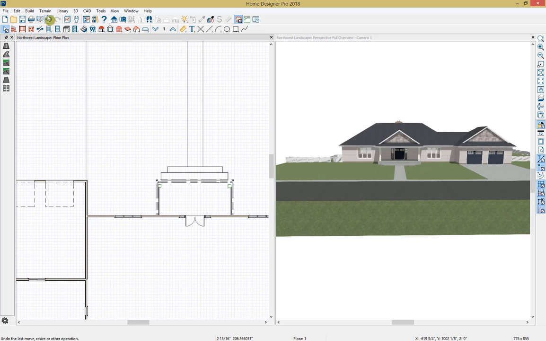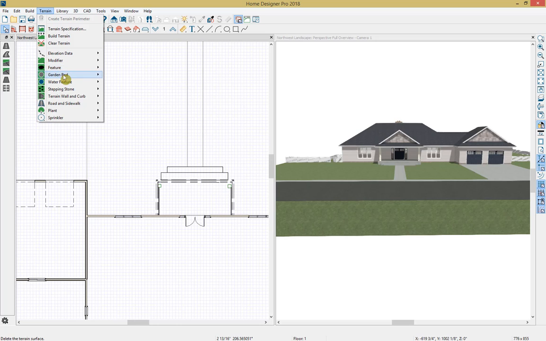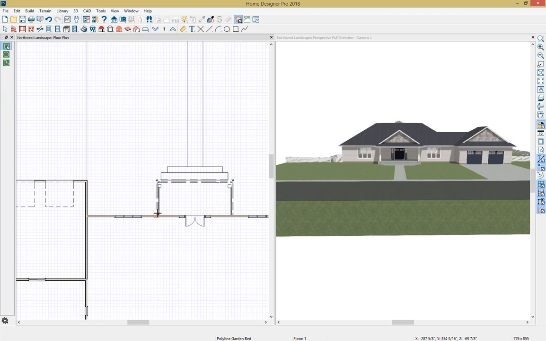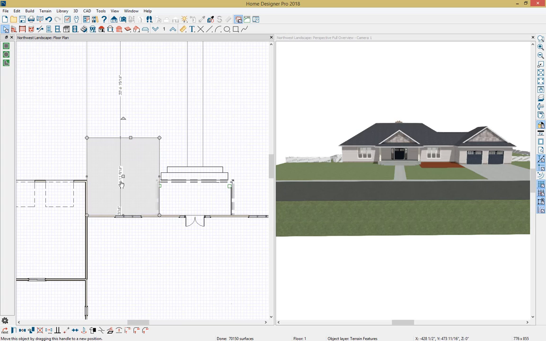So I'll go up to terrain again, and I'll come down to garden bed. I have a polyline garden bed, a round garden bed, and a kidney shaped one. I'm going to select my polyline garden bed, and I'll just click here and draw out a rectangle, and then I can grab that and adjust. I know the height needs to be 23 feet from the front of the house. And then I can adjust the shape by grabbing this edit handle and just pulling it down,